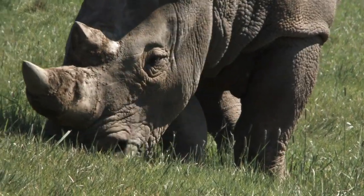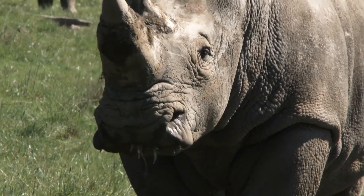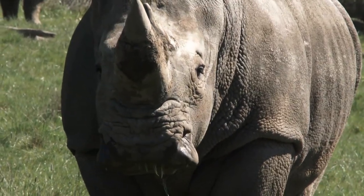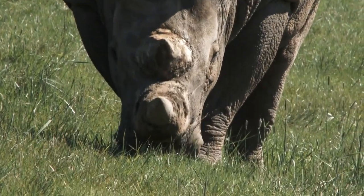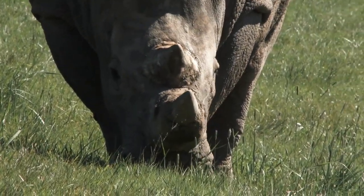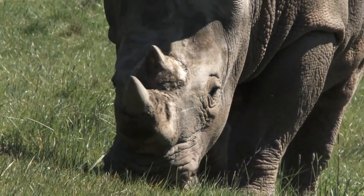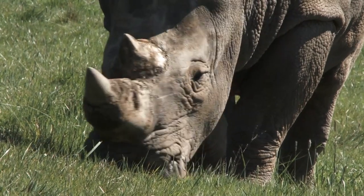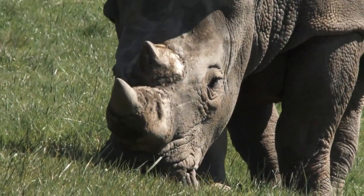It is ground into a powder and believed by practitioners of traditional Chinese medicine to cure maladies ranging from fevers to hangovers, even though Western medicine has proven it to have absolutely no health benefits whatsoever. Poachers usually drug the rhino with a dart gun, which must be fired from close range, and then use a machete to hack away the horns and the portion of the face it is attached to, which leads to the